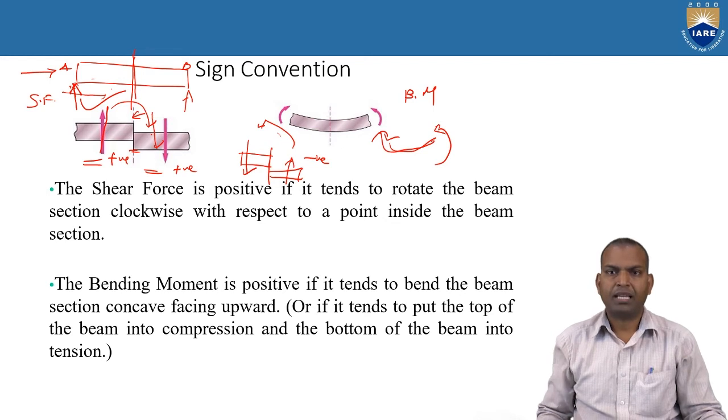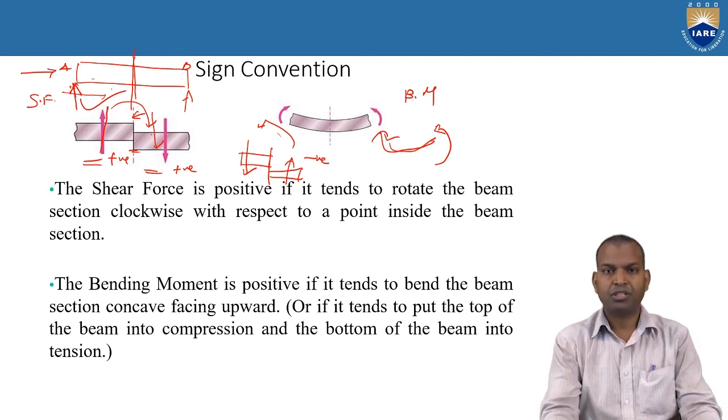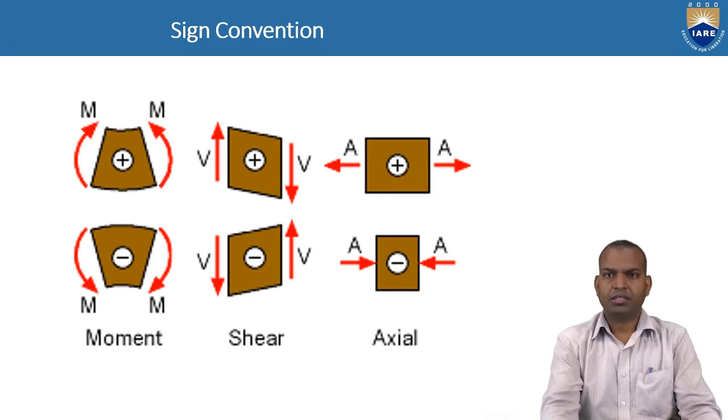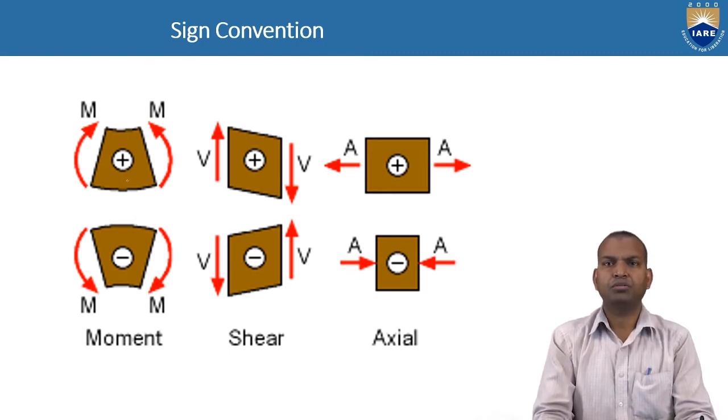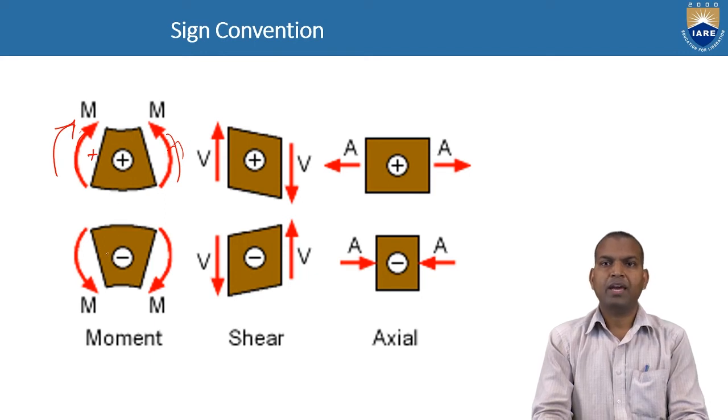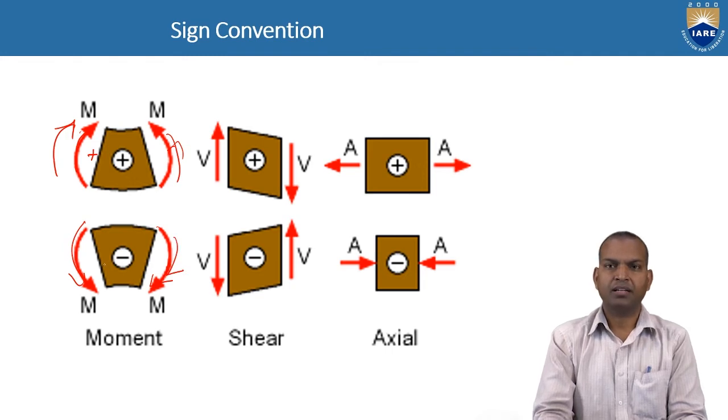We can remember it. Let us go for further sign convention, how the sign conventions are represented, in order to understand more clearly. Here I'm going to show you bending moment, shear force and also axial forces. Now here you can see it. This is the upward direction. In this case you can see upward on both the sides, at the left side and right side. Then it's a positive bending moment. Whereas if on both sides the moment direction is downwards, then it is negative bending moment.